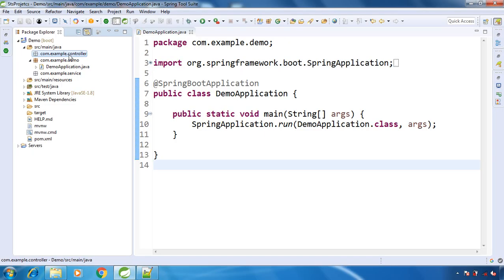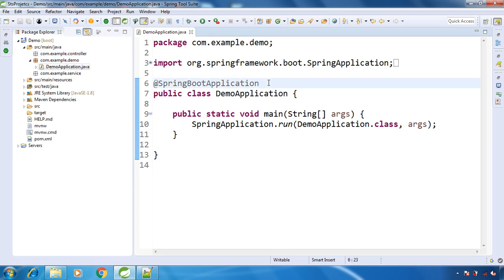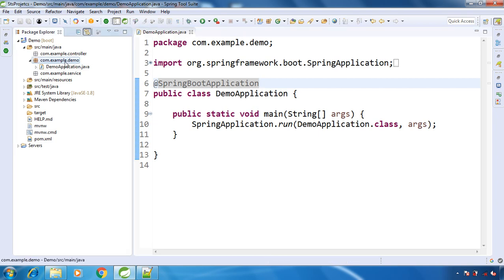Hello and welcome back. In this lecture, we will create our controller and service layer. By default, we know that in a Spring Boot application, this annotation combines three different annotations, and one of those is @ComponentScan. So by default, this package will get inside the component scan. We don't need to have that explicitly. It's not a good idea to have our controller and service layer and everything inside the same package, with only one package containing all the things. That's not a good idea.